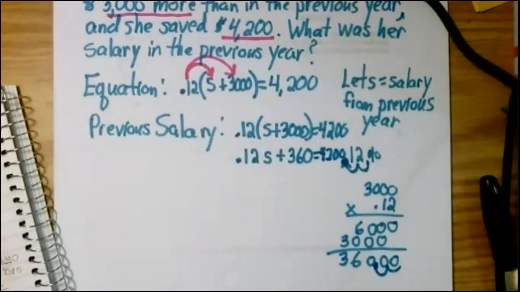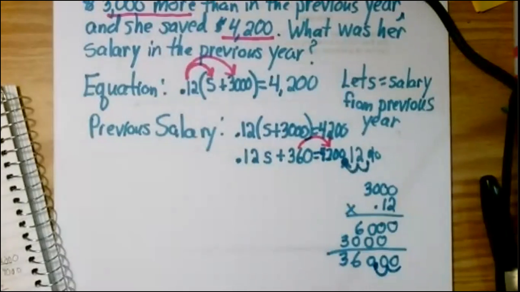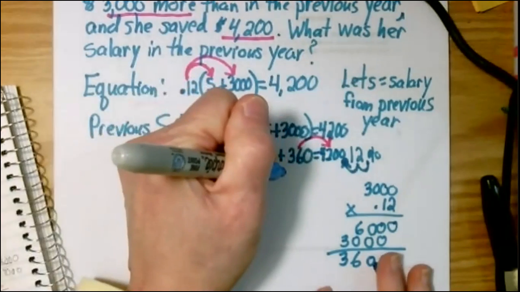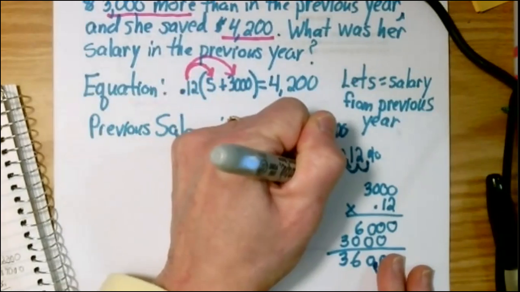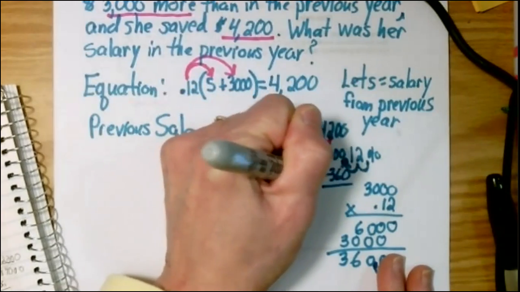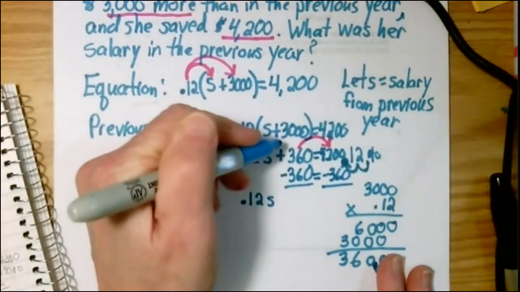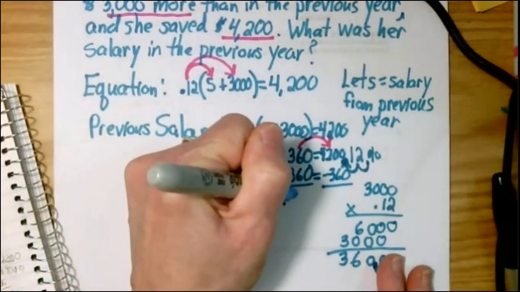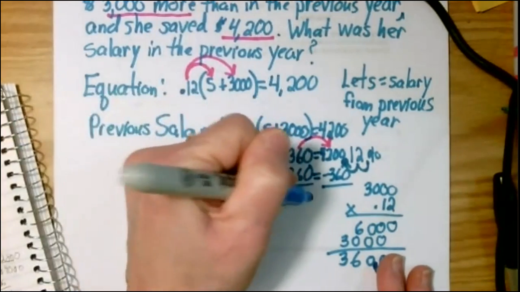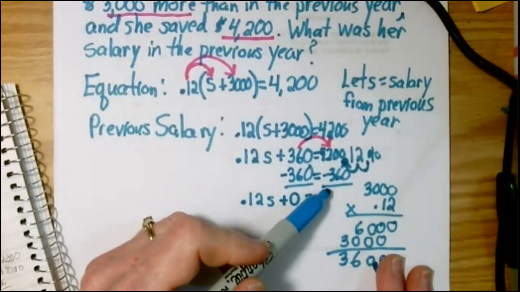Now I have to get my 360 over to the side with the other constant. So I'm going to use inverse operations to subtract 360 from both sides. My equals is in there, so you know what we're doing. So I end up with 0.12S. A positive 360 and a negative 360 is going to give me plus 0 equals 4,200 minus 360